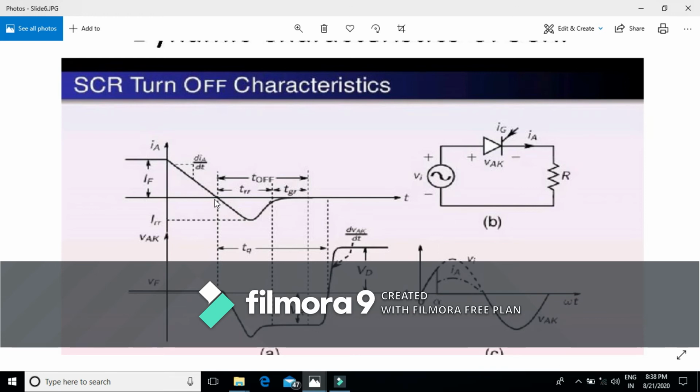The reason for the reversal of this negative anode current is the presence of carriers stored in the four layers. During the reverse recovery time, the charge carriers from the outer P and N layers are removed, and after 60% of these charge carriers are removed, this anode current starts decaying. Due to the fast decay of this reverse current, this results in a reverse voltage across the device. If some inductance is present in the circuit, this may result in a voltage drop across the circuit.